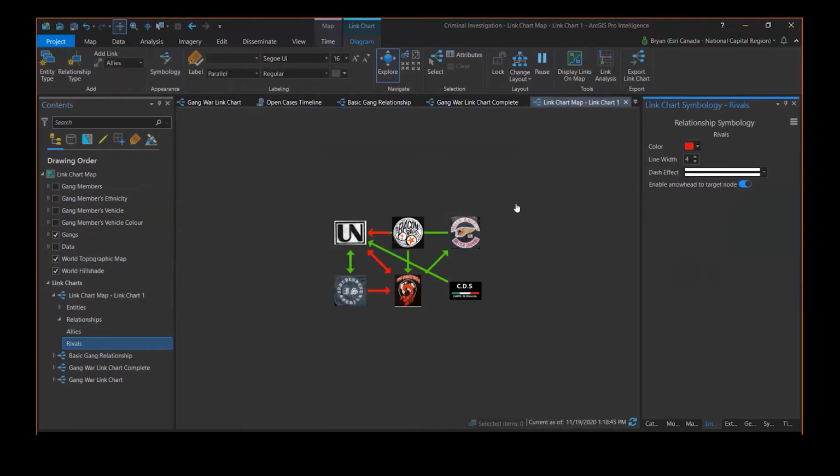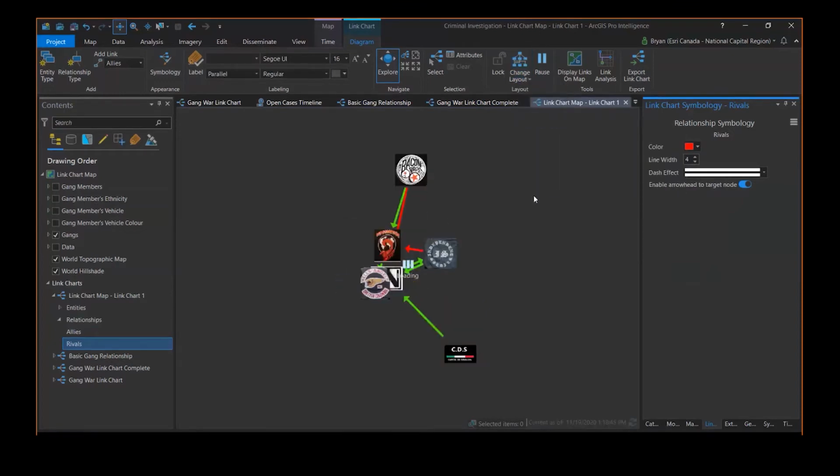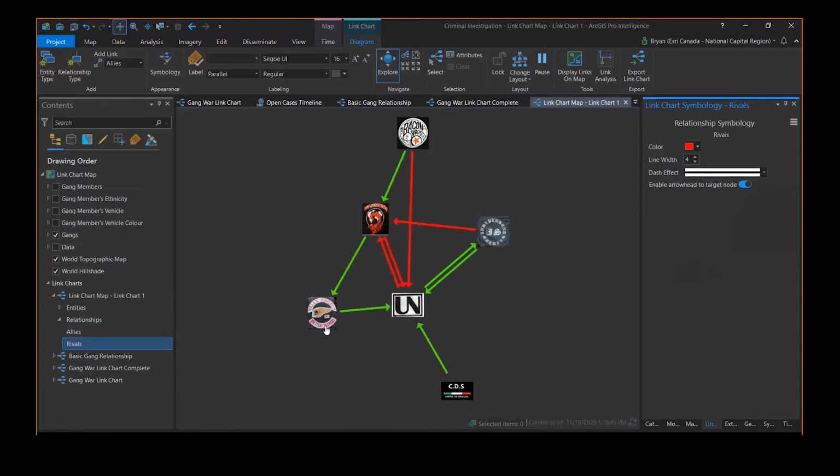Okay, so already this is a little bit easier to understand, but I'm not too happy with the layout. It's a little bit cluttered. So I can come up here to my ribbon again and go ahead and change that layout. Let's go with organic, see how that looks. Just going to redraw all that, and it spreads everything out and